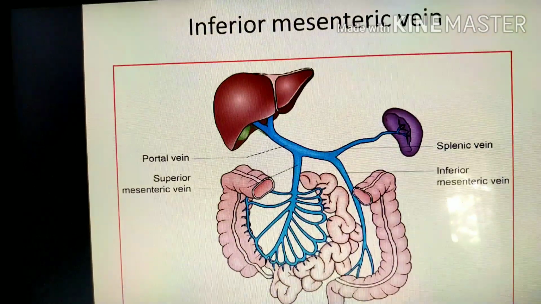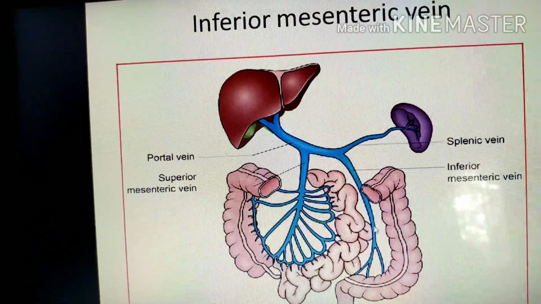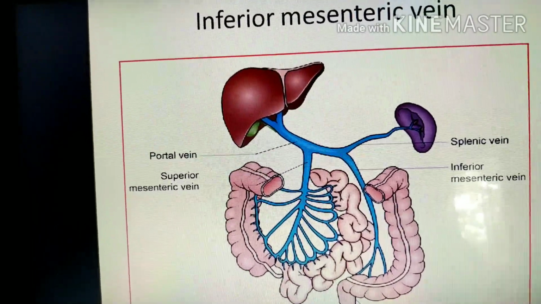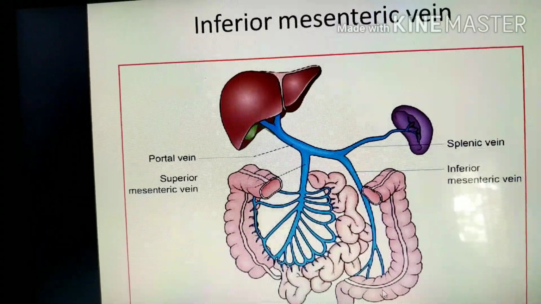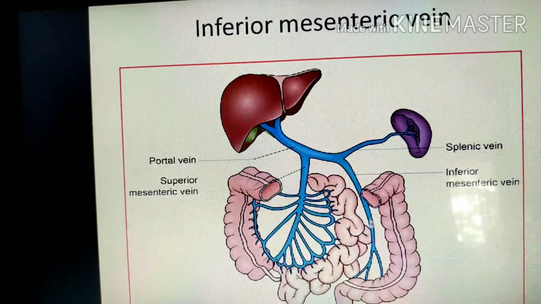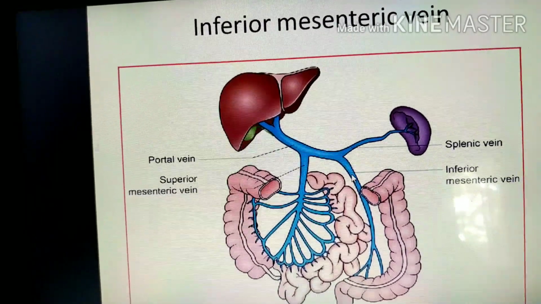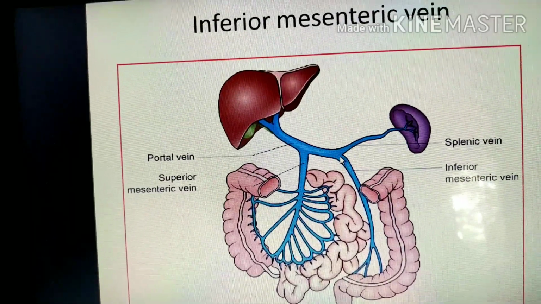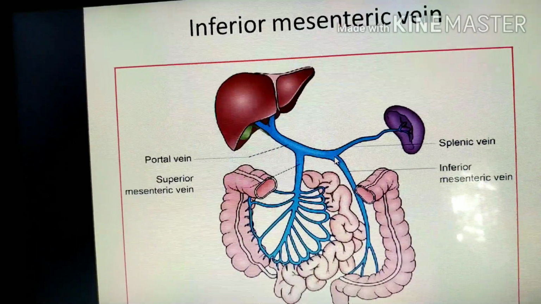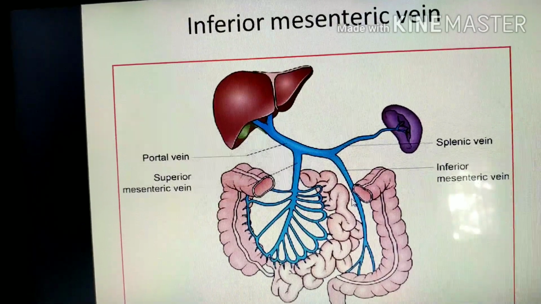Now coming to the inferior mesenteric vein. Now inferior mesenteric vein begins in the left iliac fossa and it drains the blood from the anal canal above the anal valve, then rectum, sigmoid colon, descending colon, and runs in an upward direction behind the peritoneum and reaches up to the left duodenojejunal flexure. At this level, it drains into the splenic vein behind the body of the pancreas. Its tributaries are the same name as that of the inferior mesenteric artery.